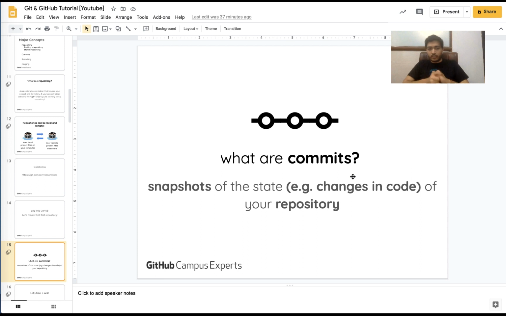So let's talk about commits. Commits are essentially snapshots of your project in different states. So let's say you're working on a specific feature on your website, let's say you develop the navigation bar and you want to commit that. That's a separate component in your website, so it would be isolated from all the other commits.